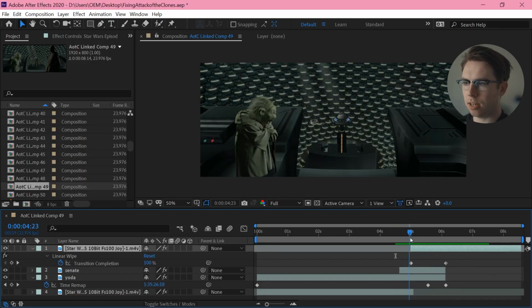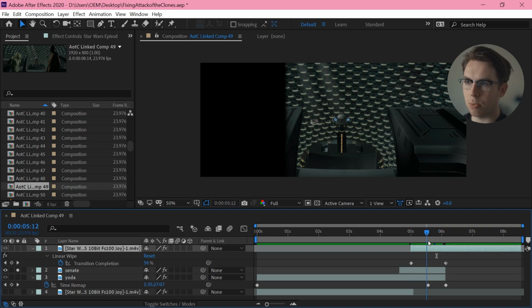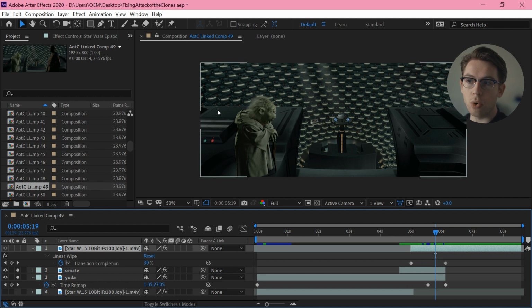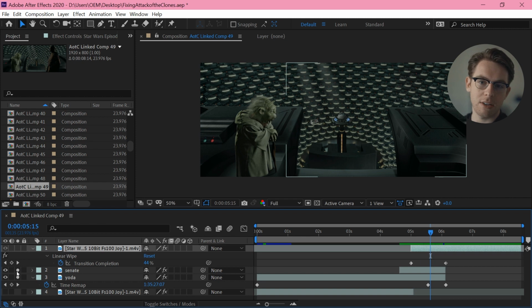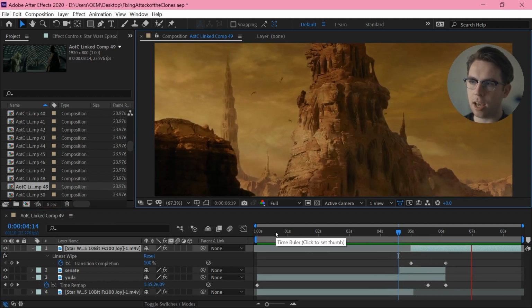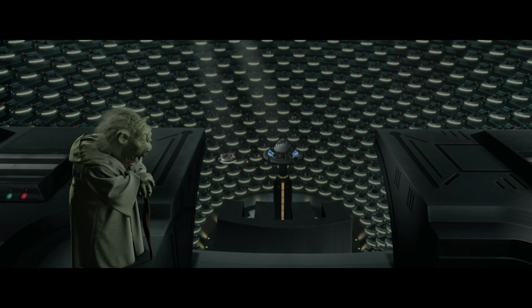Shot 49. On top here, a very simple wipe, nothing to worry about there, but then the bottom is slightly reconstructed. I think this originally has a wipe transition on it, so I'm freeze framing this side since we're not really going to see any movement on that side, and then I'm taking Yoda and doing a little bit of time remapping on him just to have him shuffle around a little bit in the background there. So we keep Yoda's movement there, and we get to transition without having to do any reconstruction.